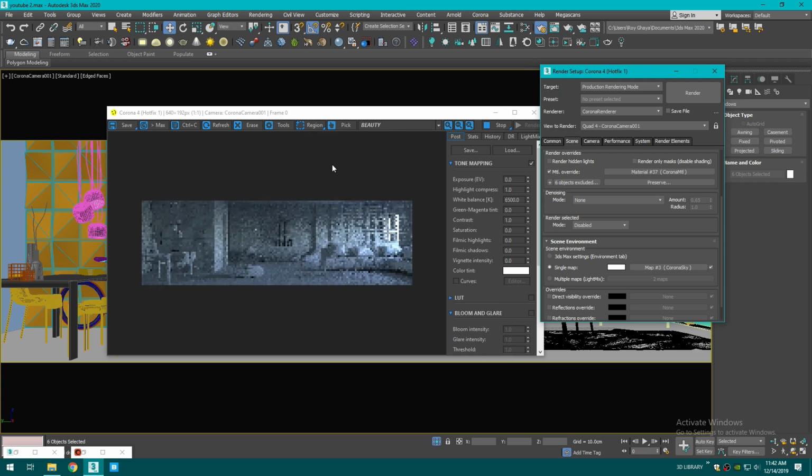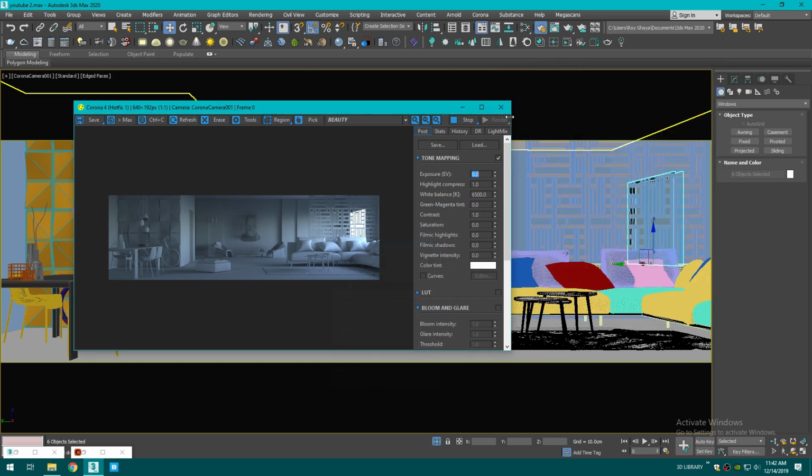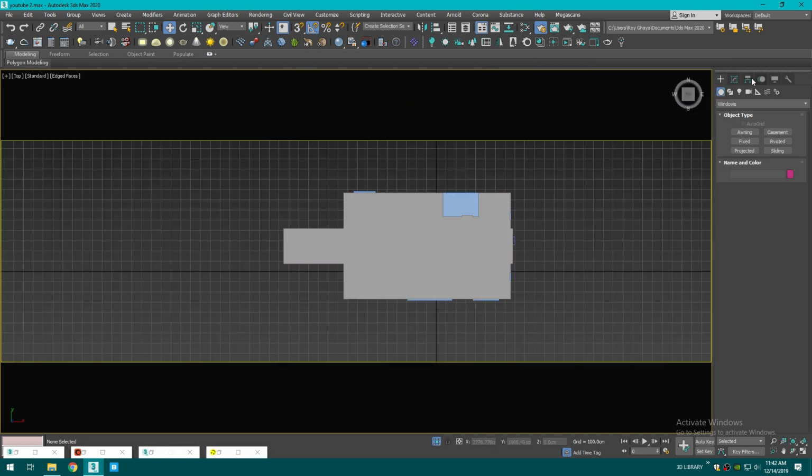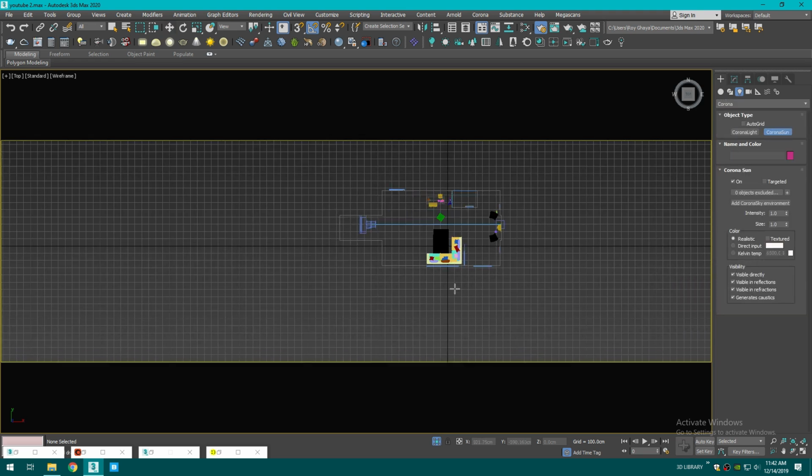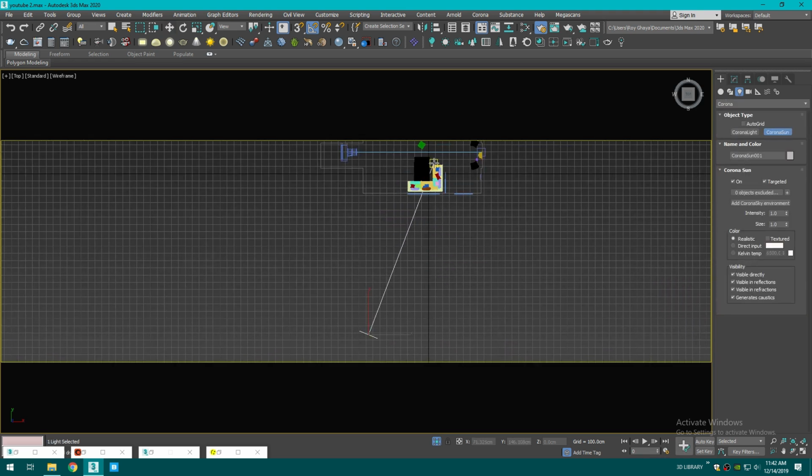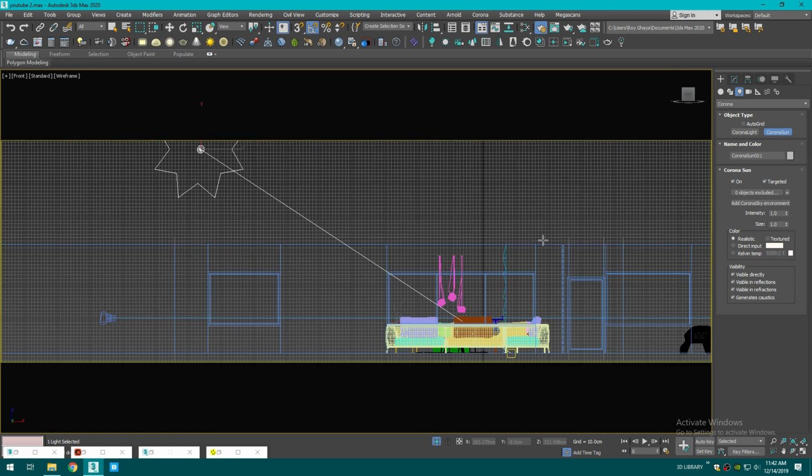So here we have the first light bouncing inside our scene. Alright, now we need sun, so we're gonna grab Corona sun, assign it,